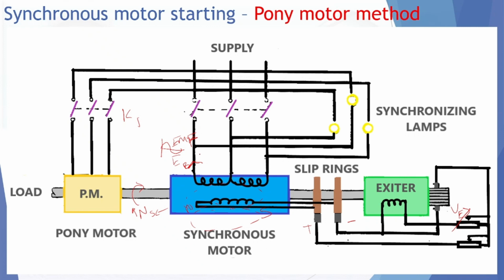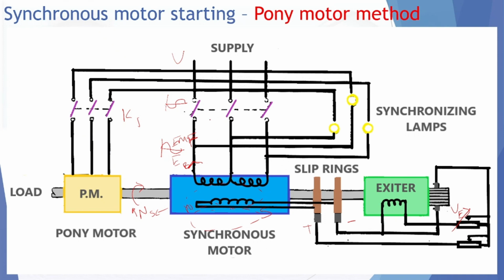but now you don't want to run the pony motor. You have to decouple the pony motor and give the power to this stator. But as there is an EMF and your supply voltage V also, there are two supplies on both sides of this contactor. This one is from the back EMF, this one is from the supply. And who knows whether they are in phase or out of phase. If they are in phase, no worries, there won't be any spark,